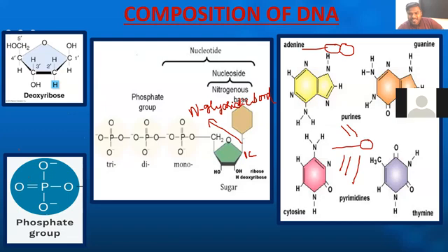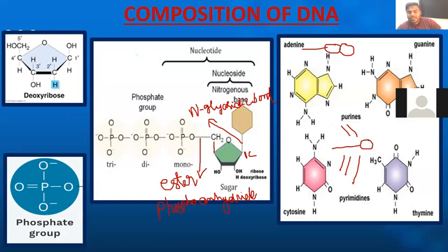90% of the students will understand this correctly, but some of the students will get confused here. Now, the first carbon of the sugar is associated with the base, no doubt about it. Now, all of you listen. The fifth carbon of the sugar, this is also unique, my friends. The fifth carbon of the sugar is connected to the phosphate group. 90% of the students will say that this is the phosphodiester bond. That is a wrong statement. This is not phosphodiester. This is called an ester bond. Very widely, we call this a phosphoanhydride bond. Don't get confused, my friends.